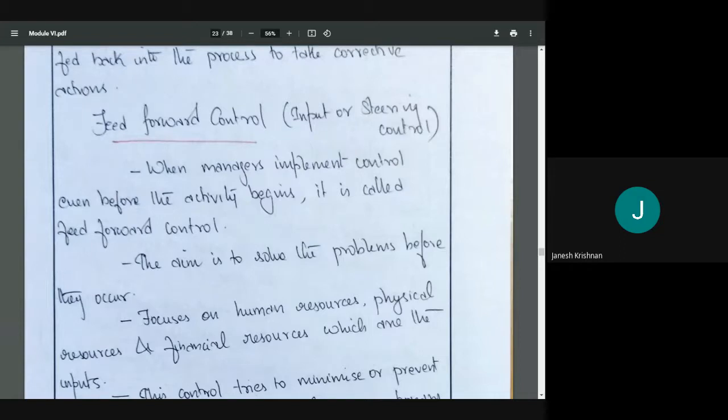So well before you take a plate and go and choose the food, you have decided you are implementing a control measure well before that. Okay, so the aim is to solve the problem before it occurs. And what is the problem over here? In our case, maybe our stomach may get full. We may not be able to eat more than what we have paid for, right?